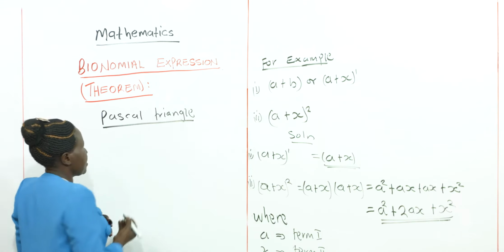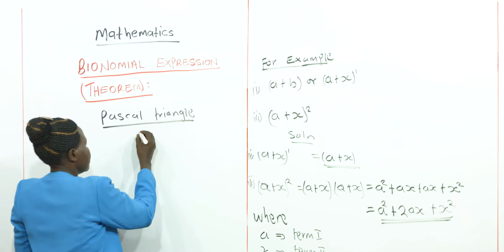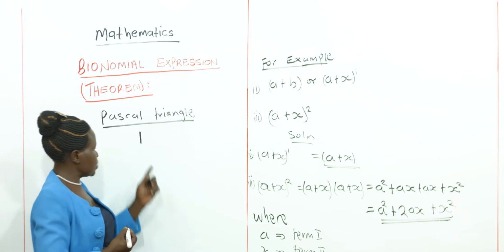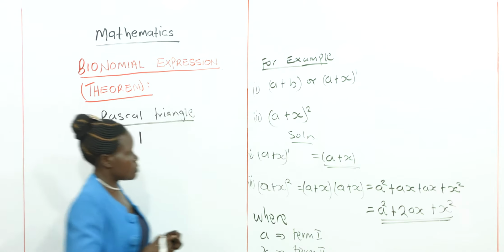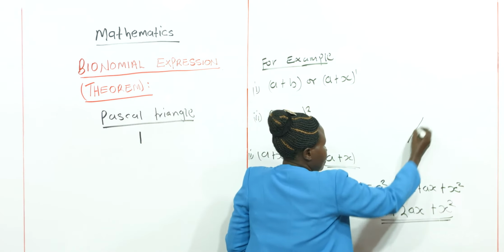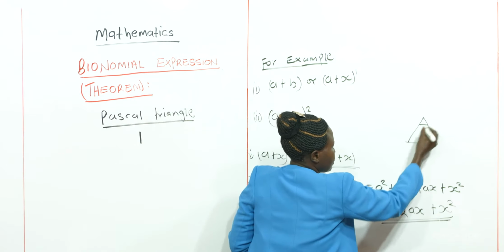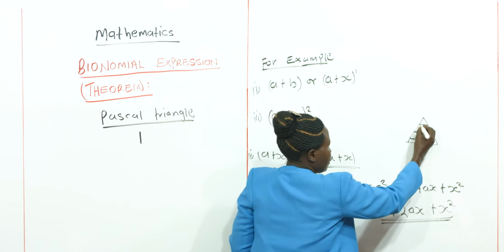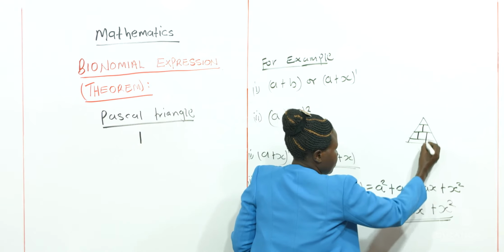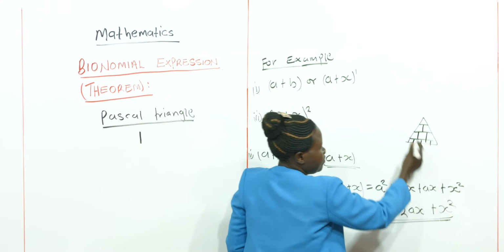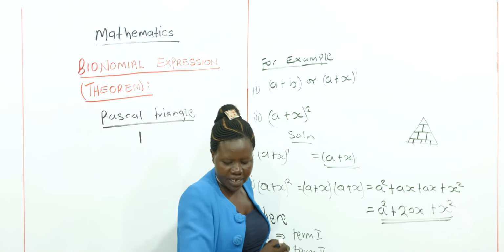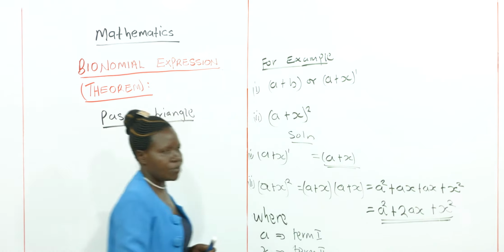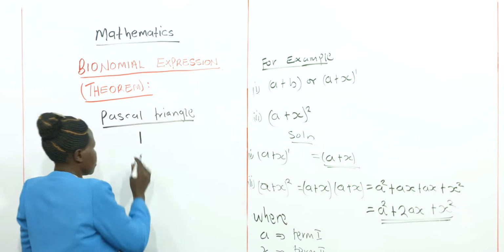For you to form the Pascal triangle, we have to look at something that will come up as a triangle. We start with our counting 1. Remember that in your primary, in the lower classes, they draw a pyramid, and then they begin to divide it in this nature, and then they ask you to fill in the missing numbers. So this pyramid is what we call a Pascal triangle, but at your level we have to know how to